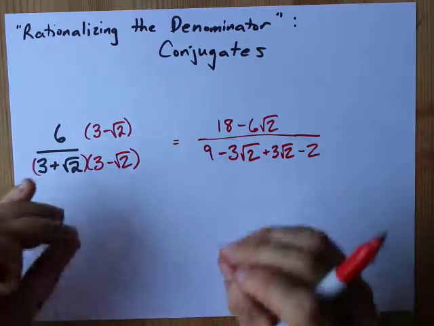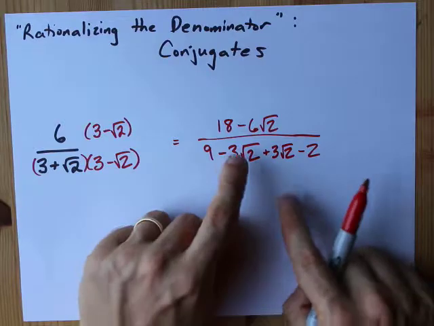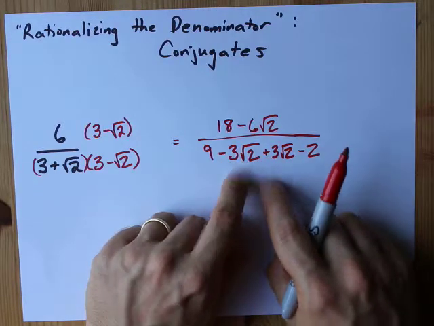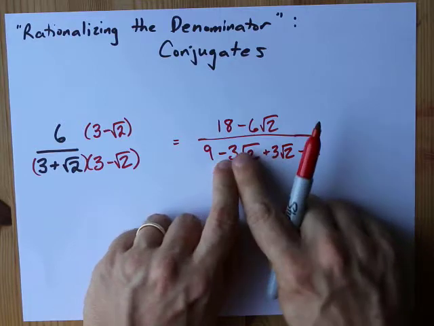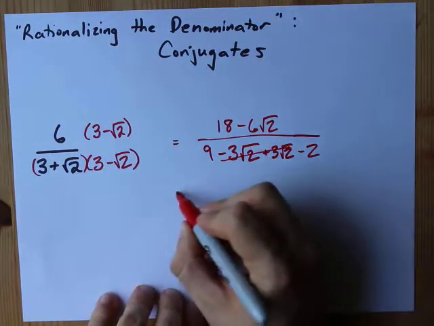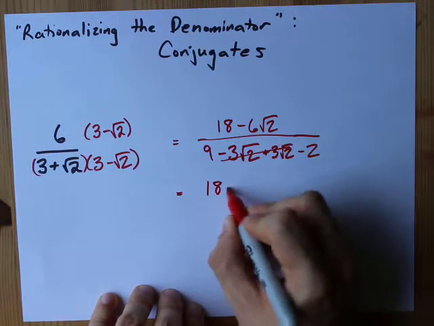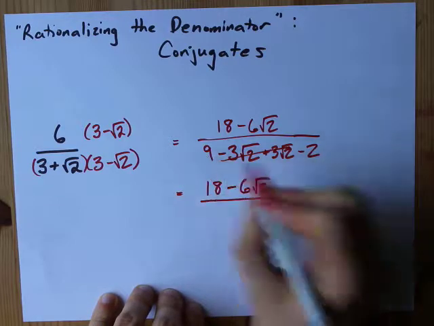Now, what's important here is that because we strategically chose the conjugate, the two middle terms here, minus 3 root 2 and plus 3 root 2, cancel with each other. Negative 3 plus 3 is 0. These are gone. And you end up with, on top, 18 minus 6 root 2, and on bottom, 9 minus